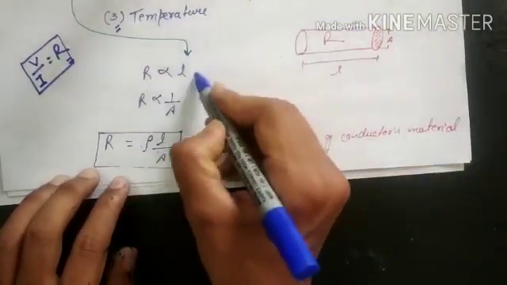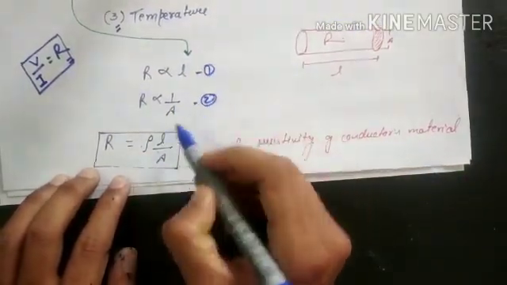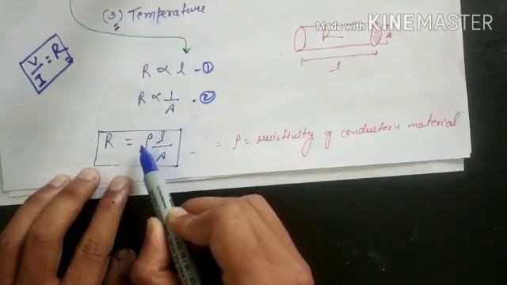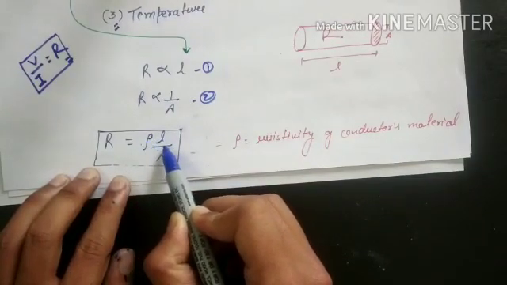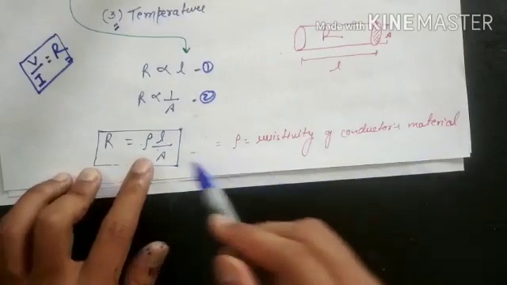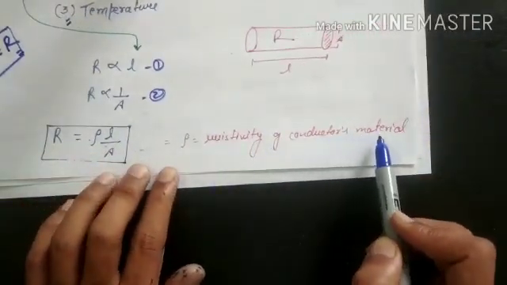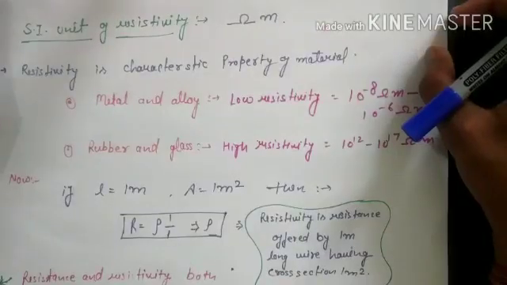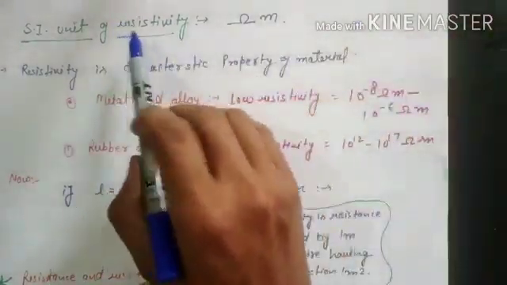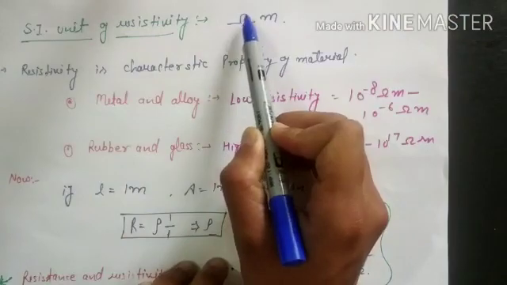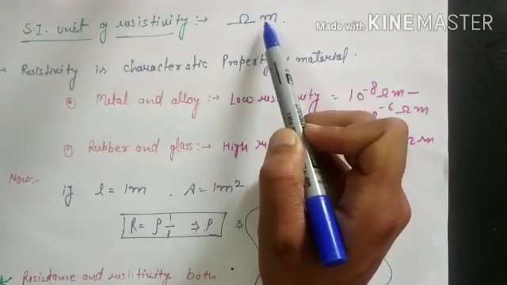Then whenever you combine these two equations, equation 1 and equation 2, we get R equals rho L over A. This sign is called rho. What is rho? Rho is the resistivity of the conductor's material. So here we have the SI unit of resistivity. Resistivity is always measured in ohm meter, because